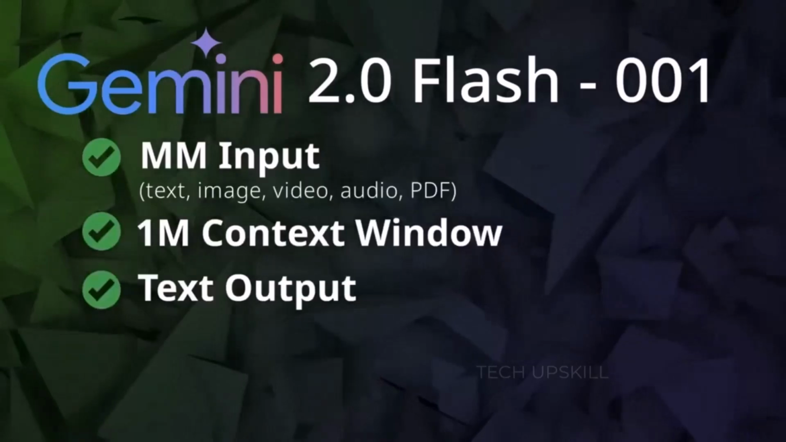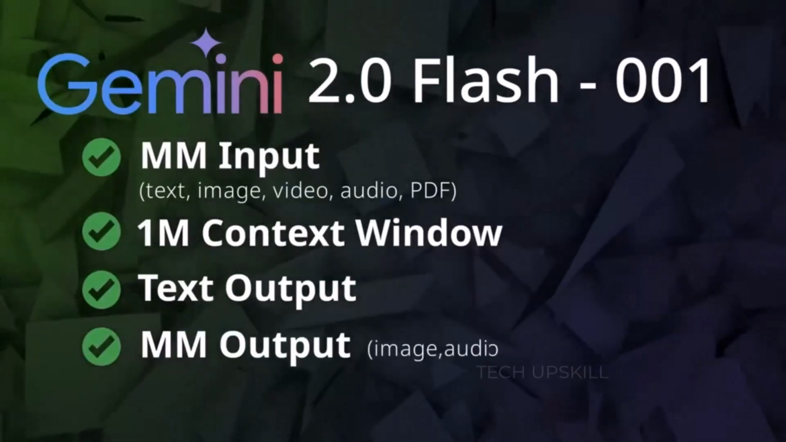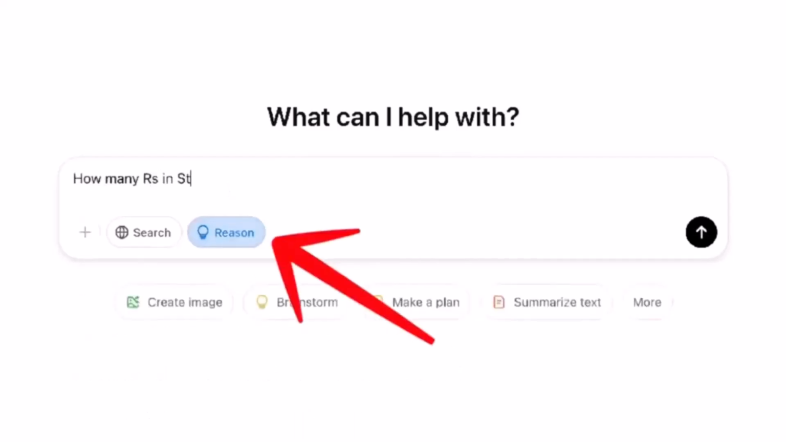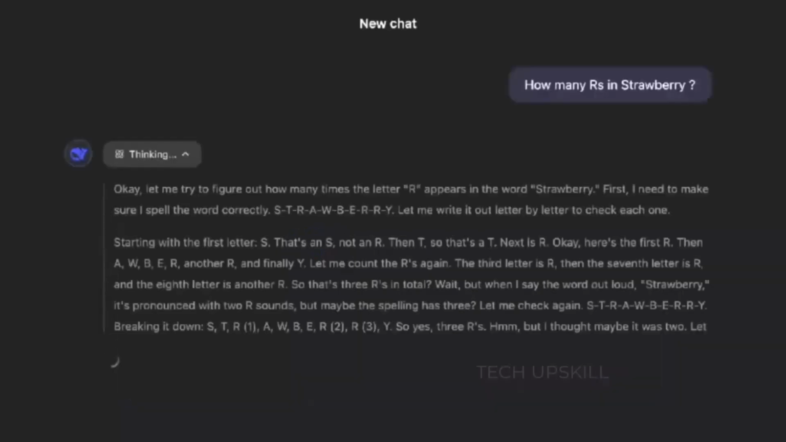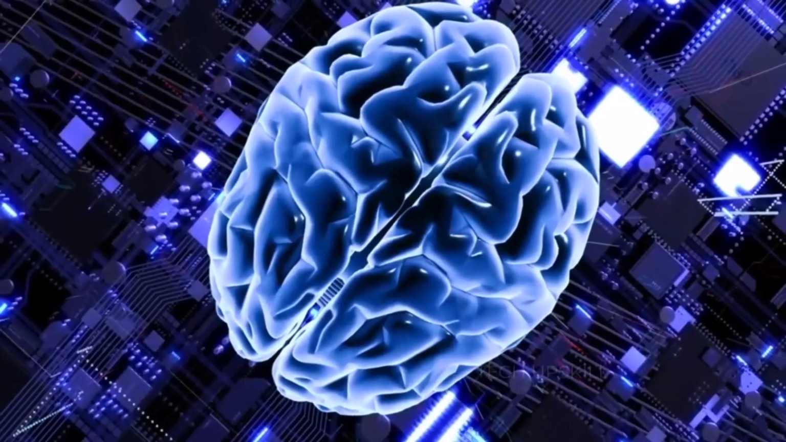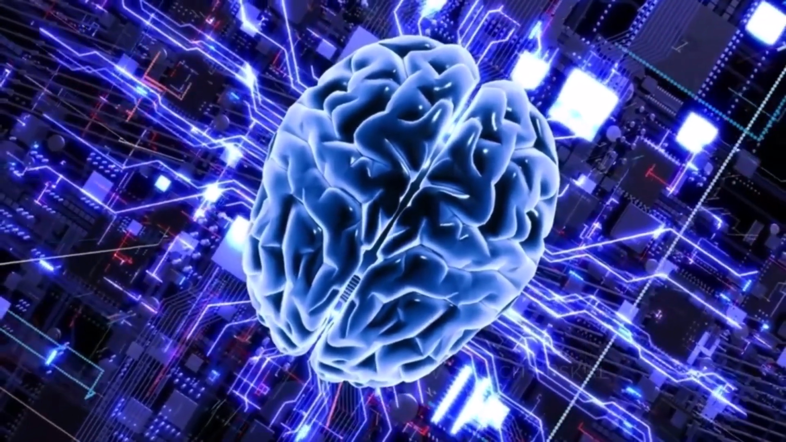This new version incorporates advanced thinking capabilities. That's why it's called Thinking. This model uses deep thinking techniques, allowing it to carefully process and consider a series of thoughts before providing an answer. Essentially, it simulates a deeper, more thoughtful reasoning process,